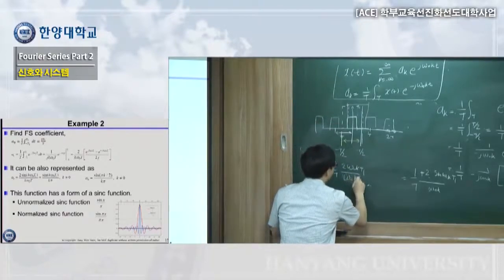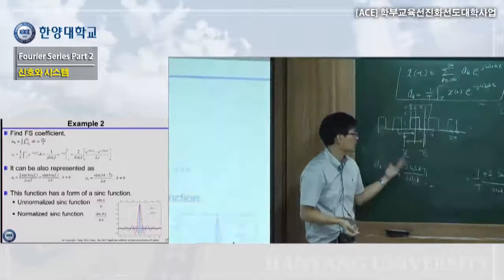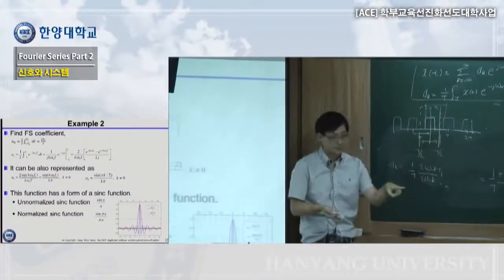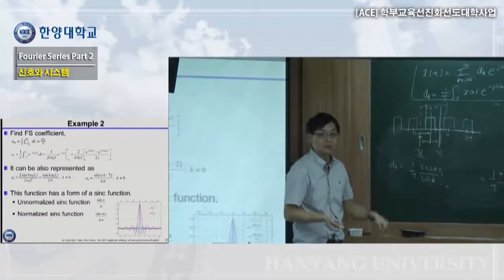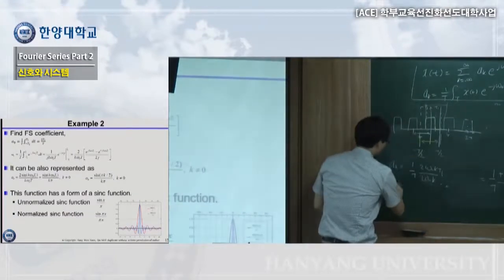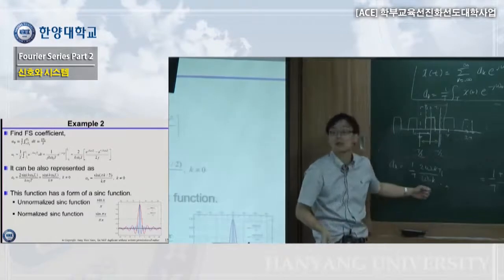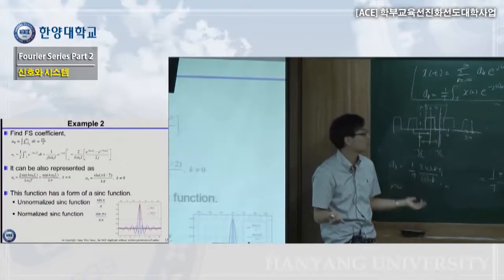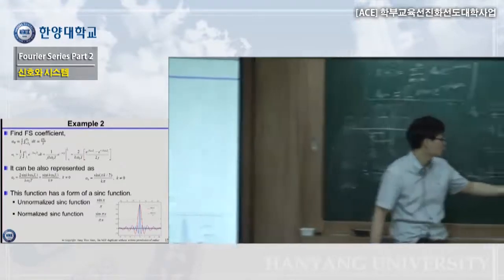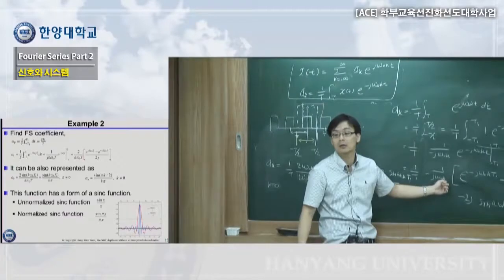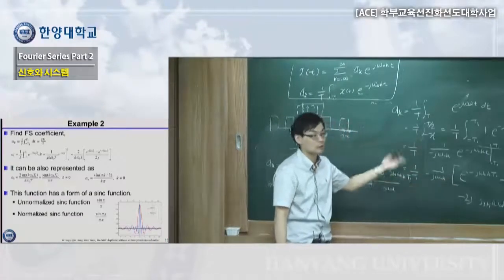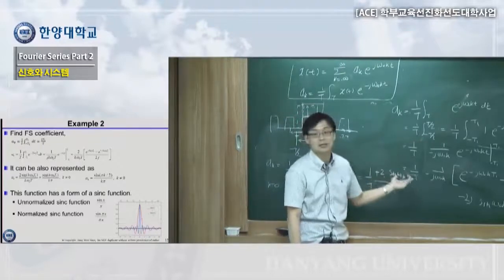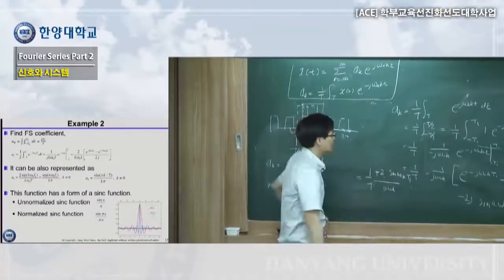My handwriting is ugly, so let me rewrite this. So they form like this. Right? This is AK. Except what? K equals 0. What happens? This one becomes infinite, or close to infinite, some different value. Because k goes to the denominator, if k equals 0, we cannot do this calculation. So let's take the assumption that k is not 0 and take exponential